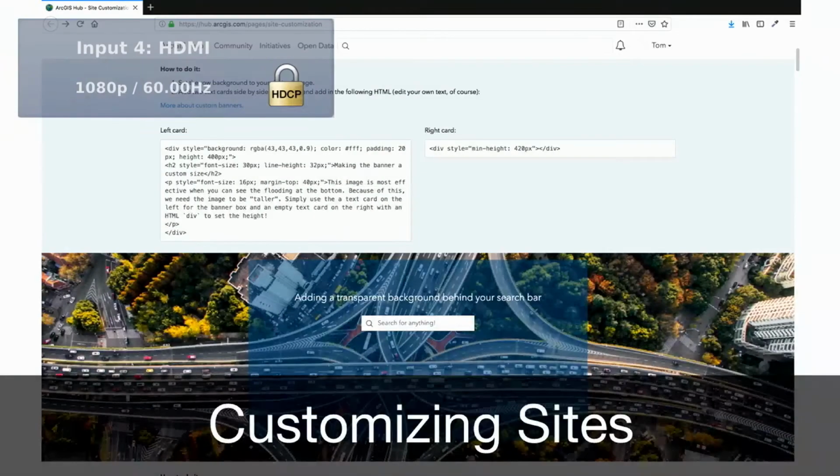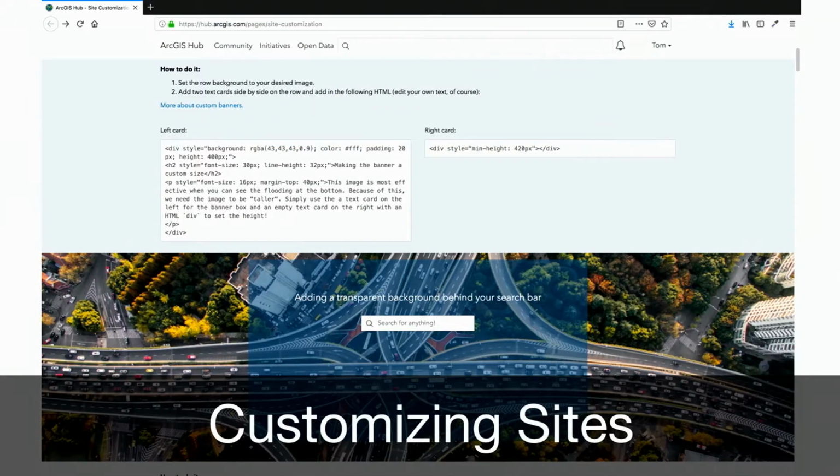So if that's what Hub is for the average consumer, how can you as developers start to tap into this so that you can start customizing and extending Hub? There are a couple of different avenues, and we're going to talk about them through the course of the talk, but the first and most obvious avenue is